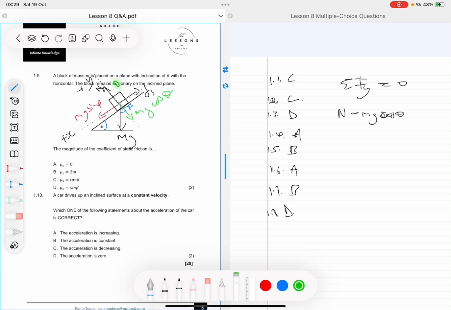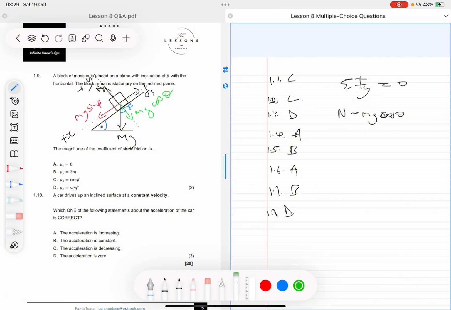So what am I doing here? I'm saying this minus that because they are in the y direction, right? Is equals to 0. So this means my normal force is equals to mg cos of theta, right? Then I'll come and say my forces in the x direction are equals to the mass times acceleration, right? And my forces in the x would be mg sine beta